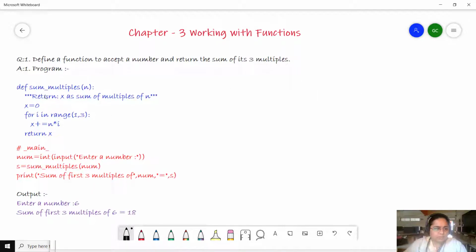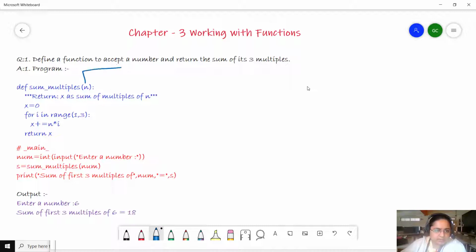This program we had created in the last class, and in this program the function needs to accept a value as well as return a value. We had already done that very easily with the help of one argument which was passed.